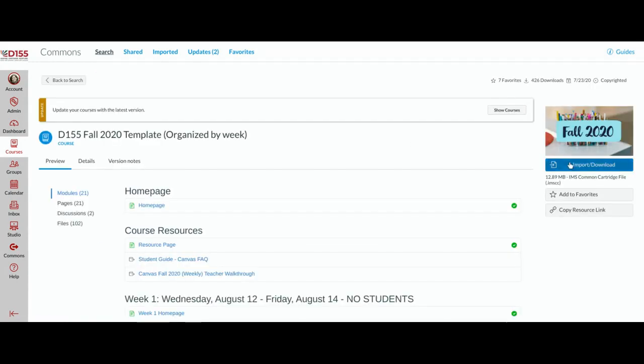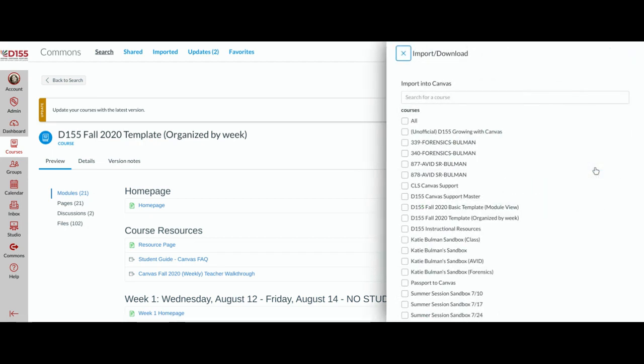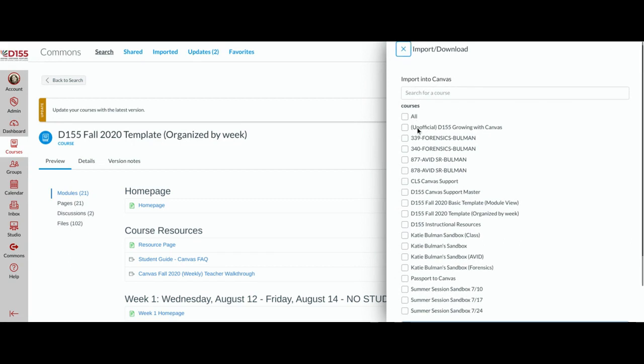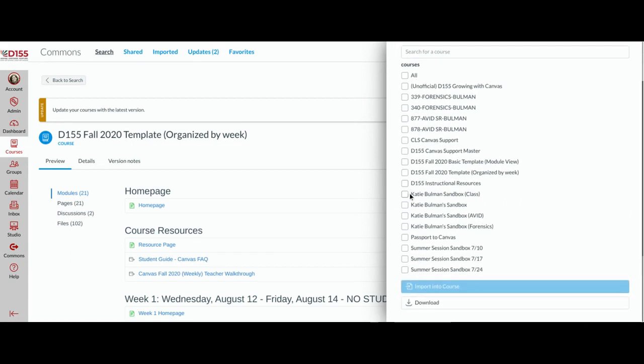You'll go all the way over to the far right side, and right below the icon or the picture that represents the course is a blue import/download button. Click the button and then find the course that you created for your sandbox today. So here is the course that I created my sandbox for that I want to import this template into. And if I've checked that box, then at the bottom, import into course now becomes an active option and the